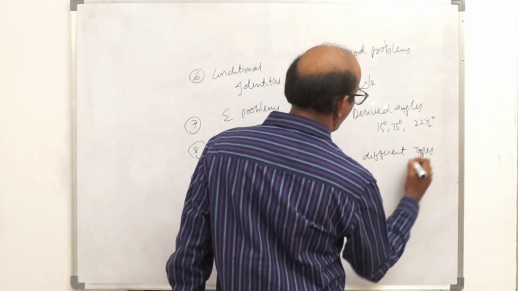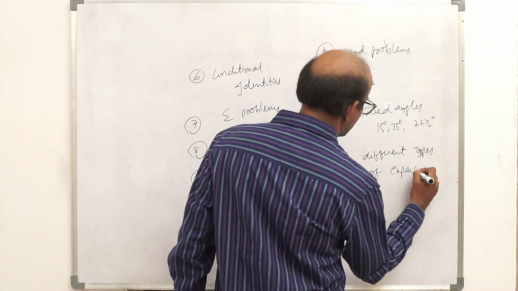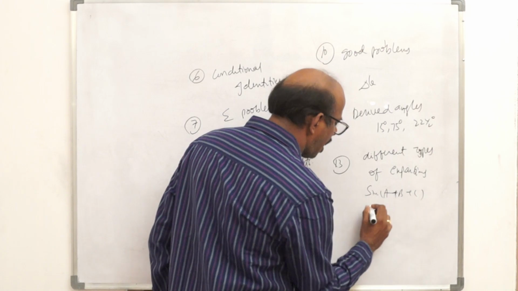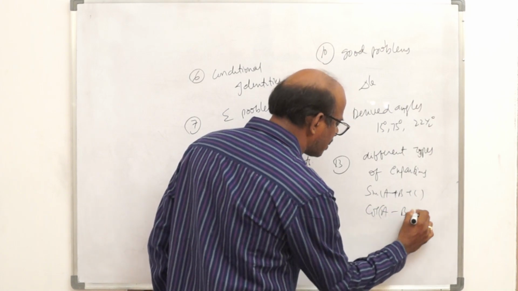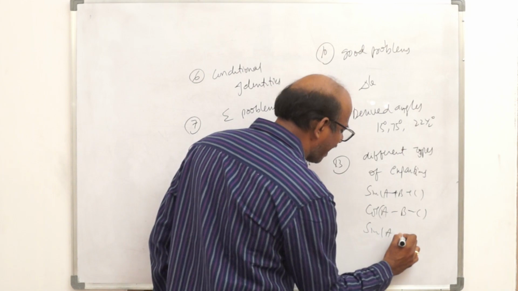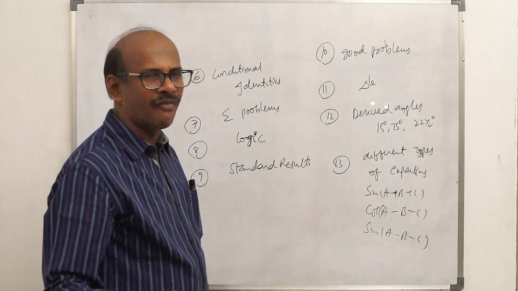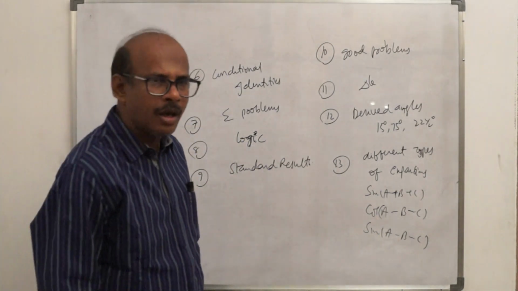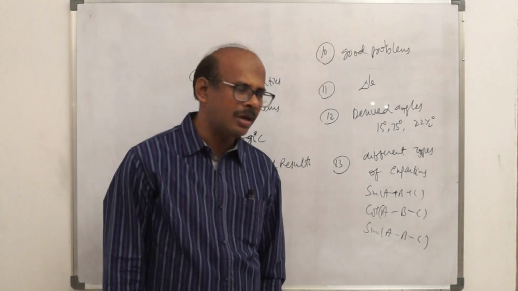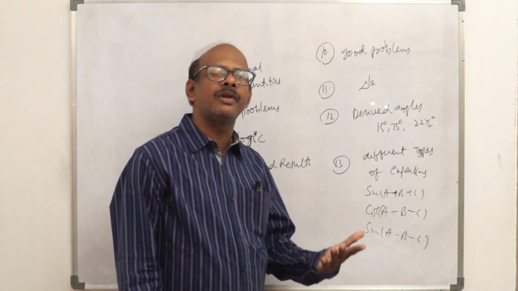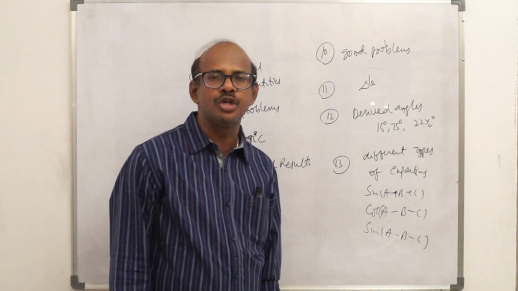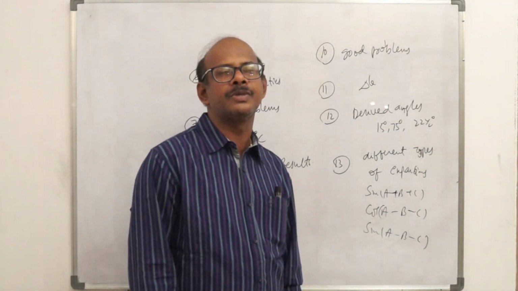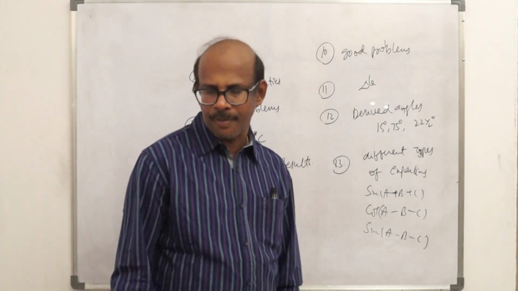Different types of expansions, not only sine of A plus B plus C. It will be varied as cos of A minus B minus C, or sine of A minus B minus C, or tan of A minus B minus C. Not by direct formula like tan of A plus B plus C, sine of A plus B plus C, or cos of A plus B plus C. It will differ, the angles will have negative magnitude. So here various concepts or sub-concepts are used in the multiple and submultiple chapter.